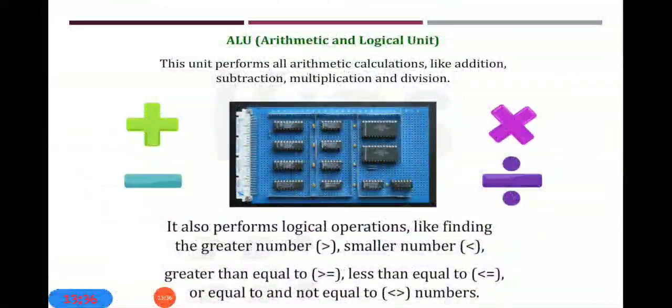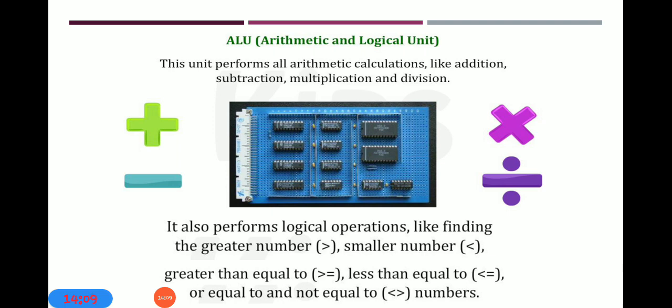Now the last part of the CPU is the arithmetic and logic unit, which we call ALU. This unit performs all arithmetic calculations like addition, subtraction, multiplication and division. This type of calculation can be done by the arithmetic and logic unit. You know very well, in a computer system there is also a calculator. Whenever you use that calculator and do addition, subtraction, multiplication or division, that answer comes from the ALU, meaning the